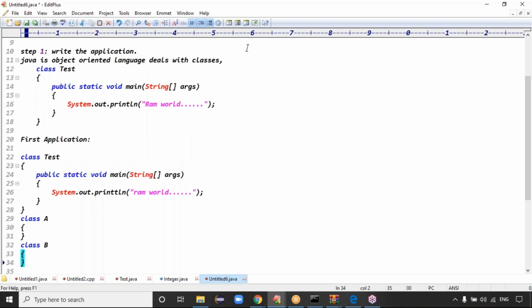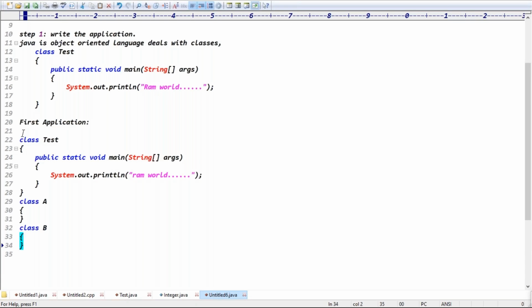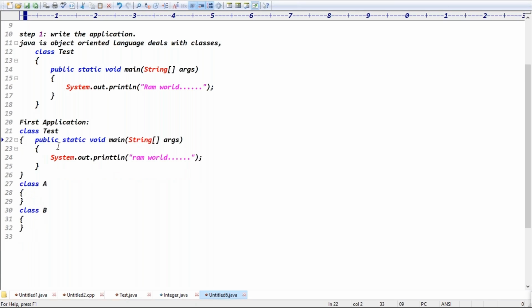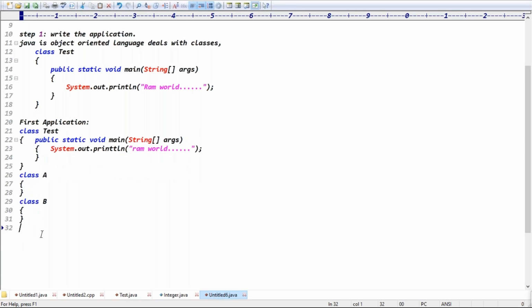Unlimited, sir. Oh, in this example, man, unlimited, okay. You can define unlimited classes, it's not a problem. But in this example, how many classes are declared? Three, sir. In the above example, we are using how many user-defined classes? Three user-defined classes, right? What are the three classes, guys? One is the Test class, A class, and B class, right? Exactly.